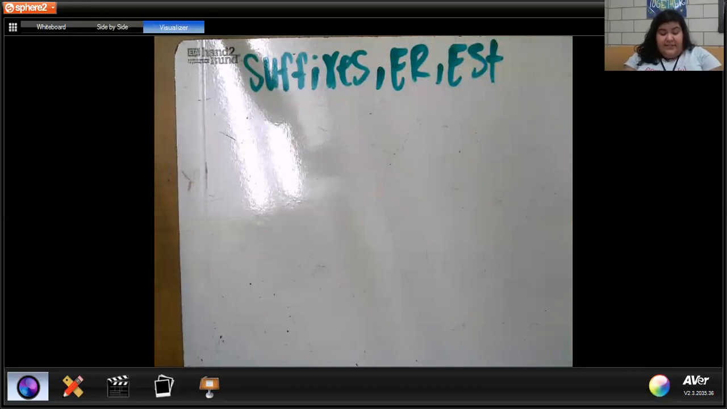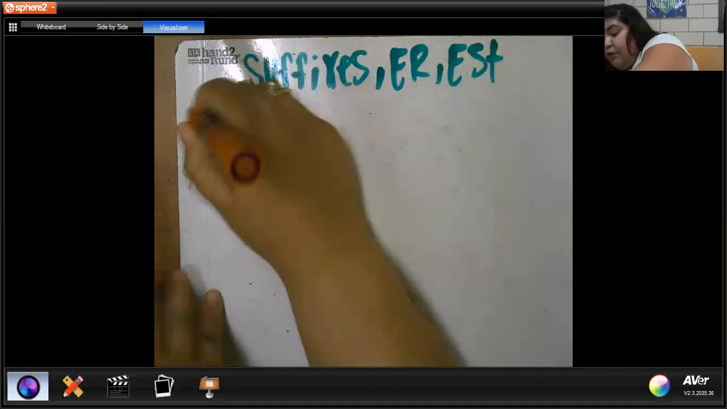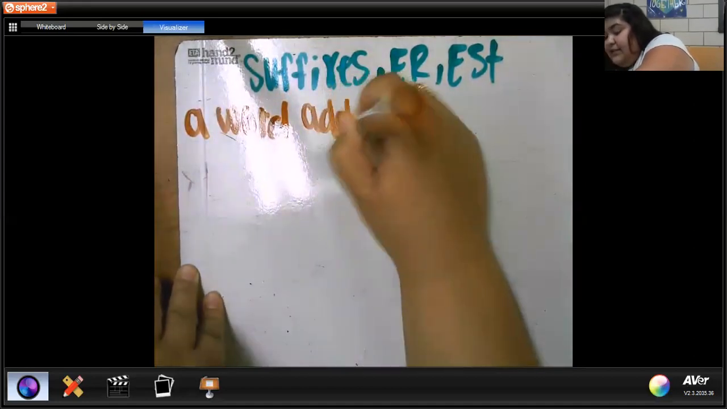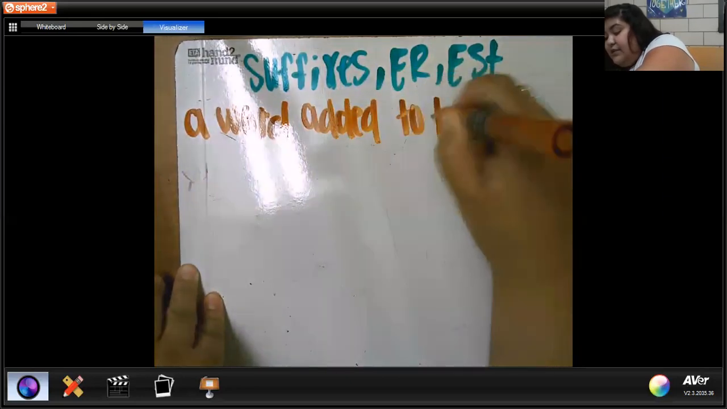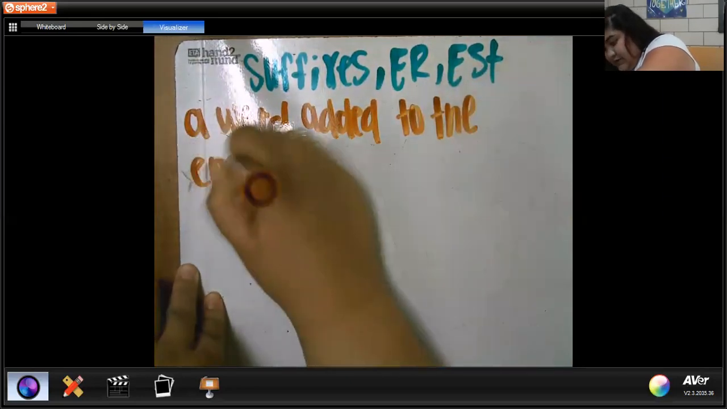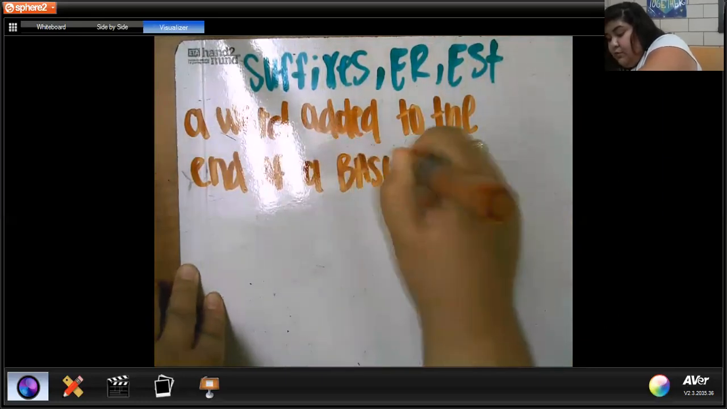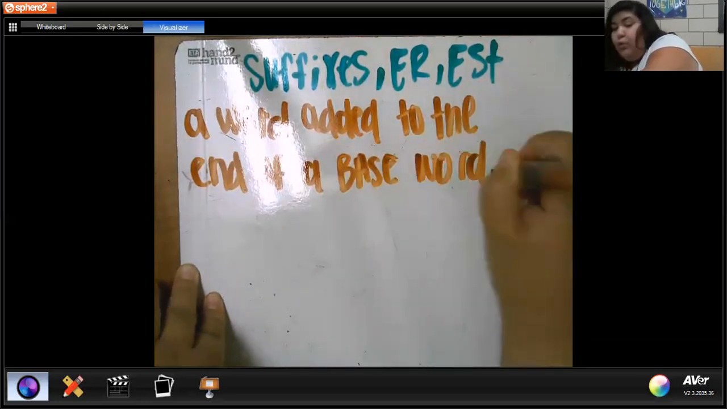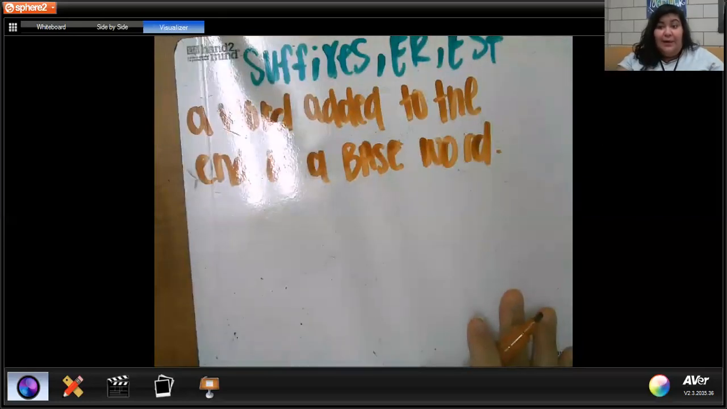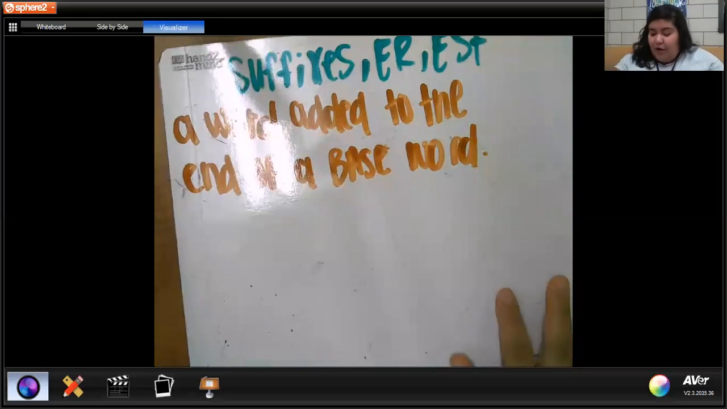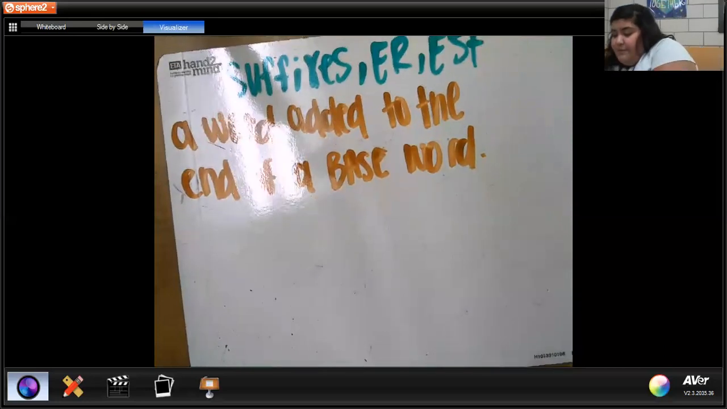A suffix is a word added to the end of a base word, right? If you remember yesterday, what was our base word? It was young, right? Okay, so when we add ER, remember ER,